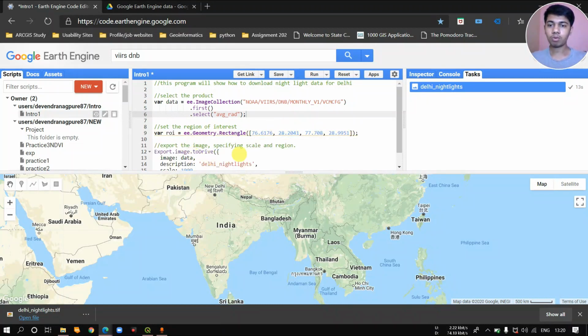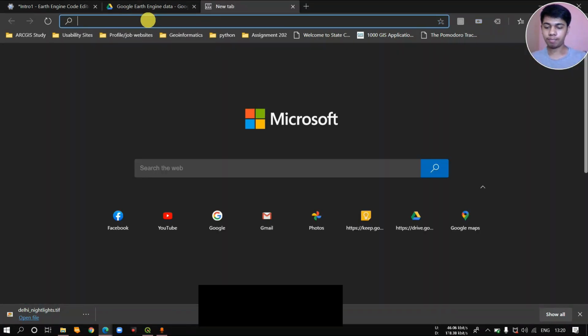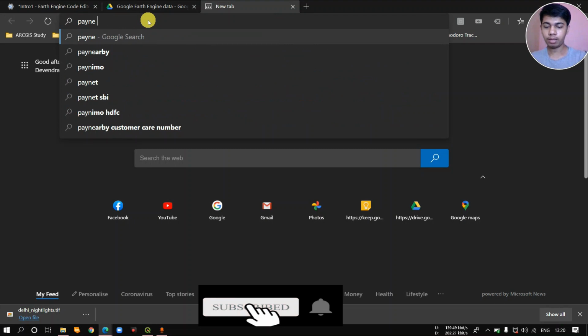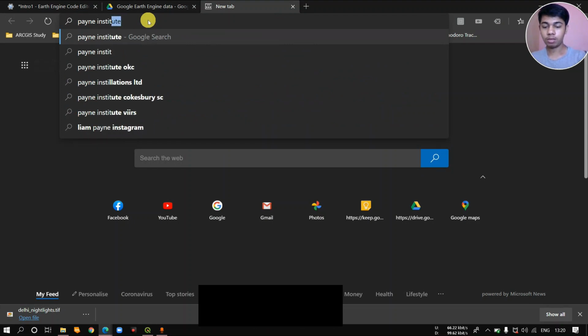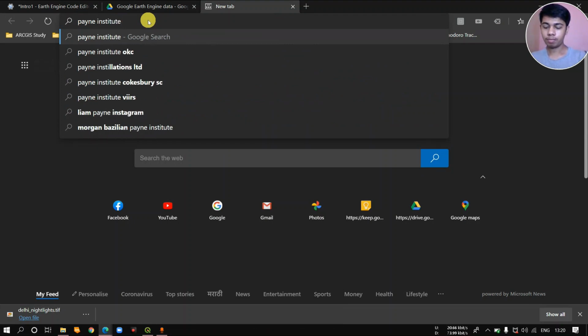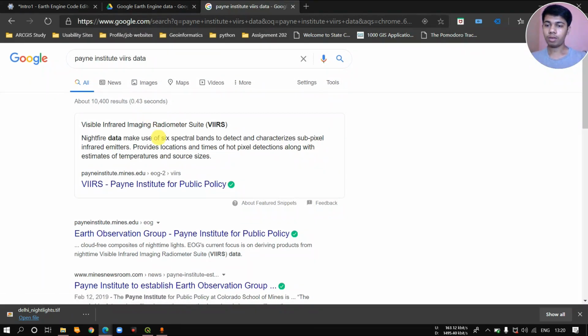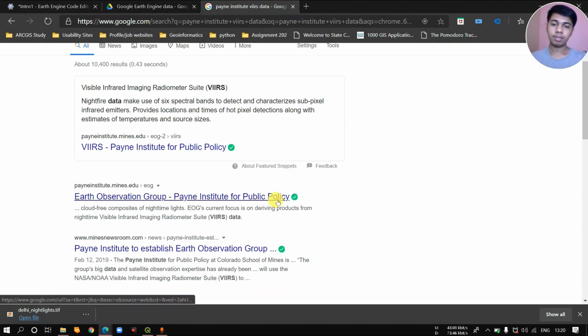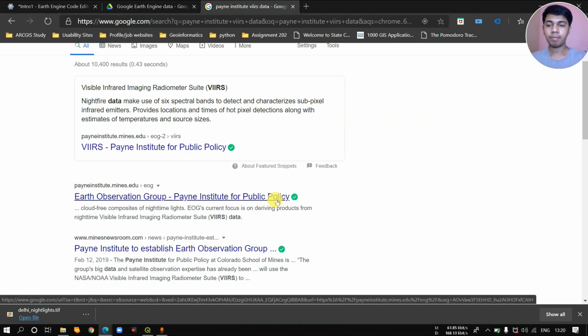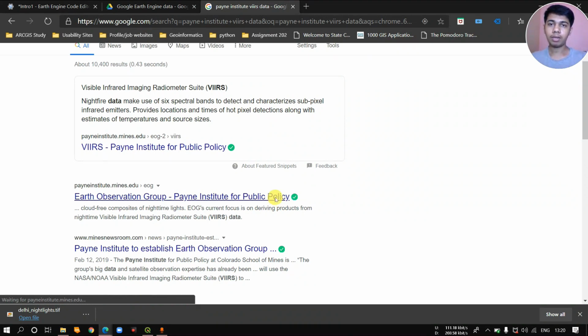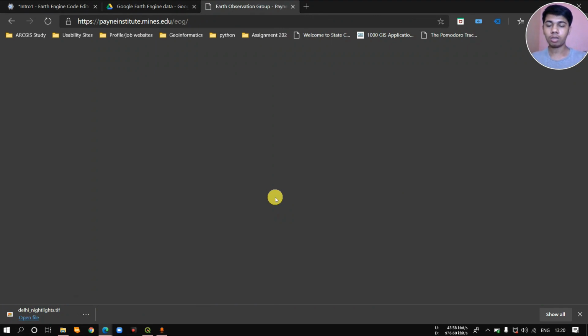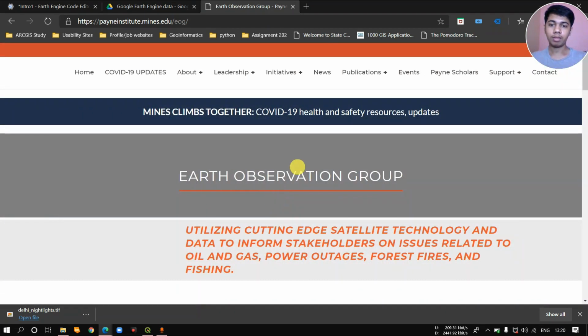Because if you had to download the same amount of data, you would go to VIIRS, like you have to download it from the Payne Institute VIIRS data. Over here you can see that this VIIRS nighttime data is approximately 600 MB, which covers India and the whole Southeast Asia, including China, and also gives us 2-band data.